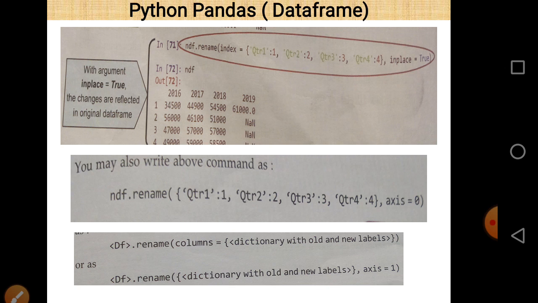So there are only two axes. We can use either axis is equal to 0 or axis is equal to 1. So if we want to change index or columns, just write axis is equal to 0 for indexes, and for columns just write axis is equal to 1.